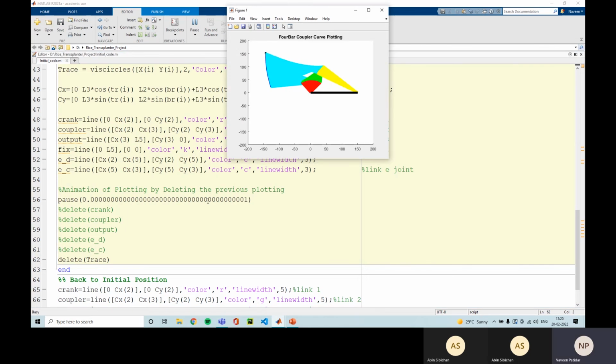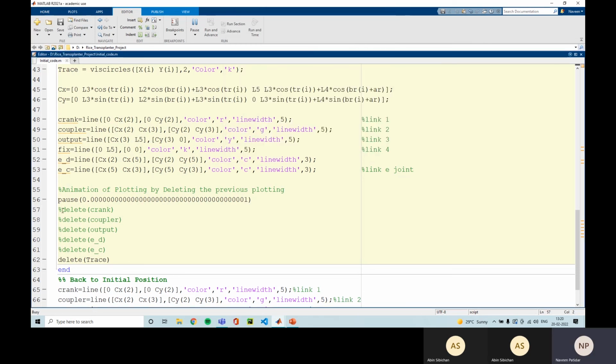See, it will trace those links in all the iterations. So we are getting different positions for all the links in each iteration. So we need to delete all the links every time.